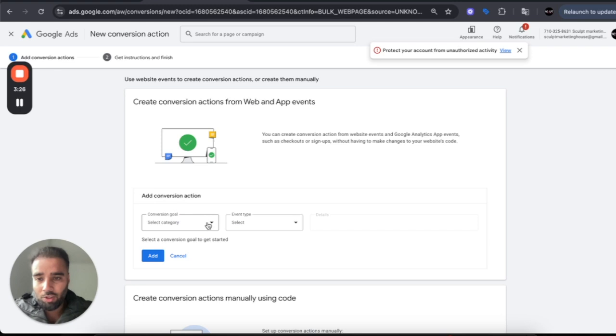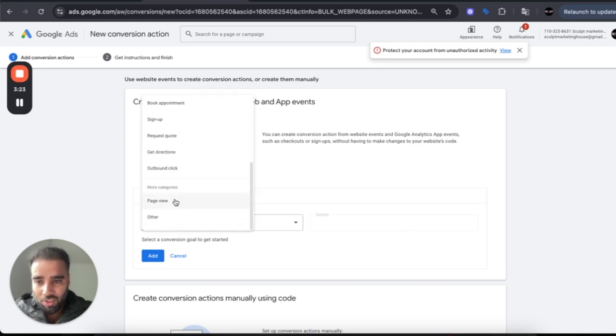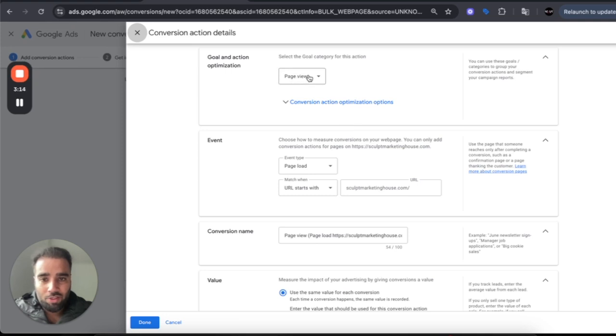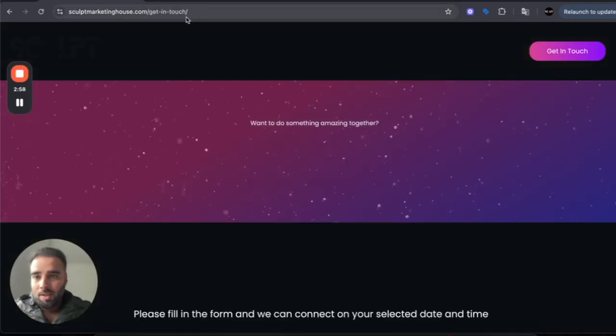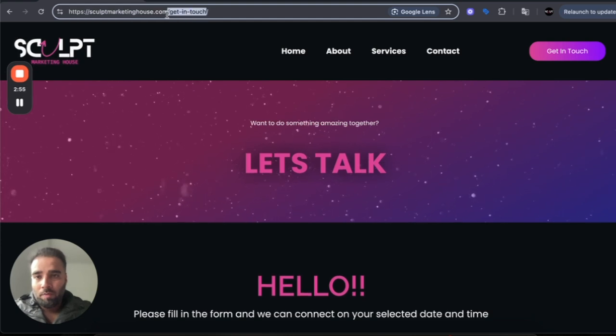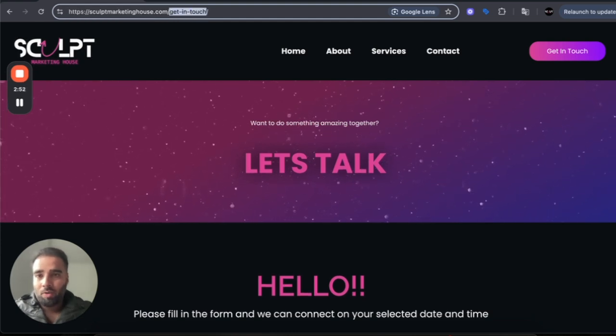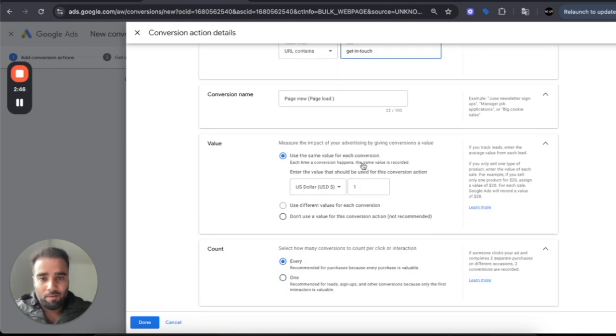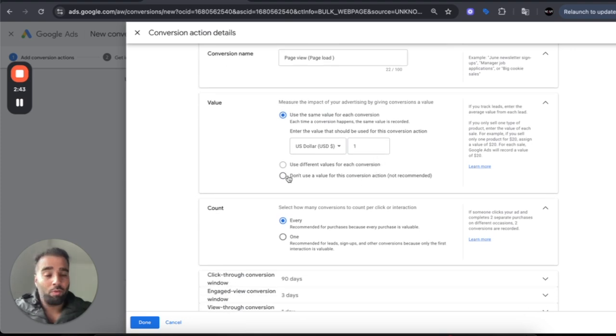So here our conversion goal is page view, and the event is page load. I would click see more settings: it's page view, page load, and I want it to track the conversion as completed when my URL contains, let's say, get in touch. So we will just copy it from here, go back, URL contains get in touch. This is the conversion name, and we can set a value for it, or if you don't want to set it, you can just select